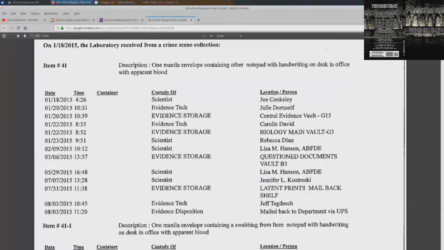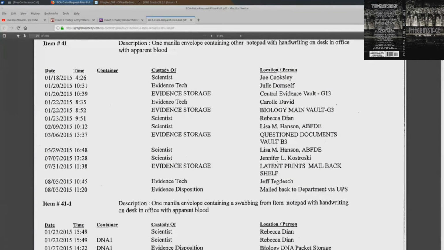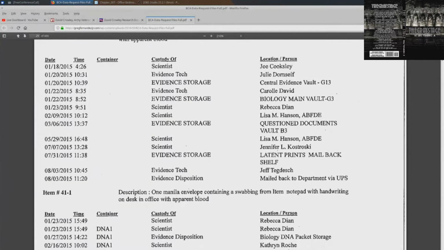It shows who got what and when, and when everything was put back. So by this, we can get some really good times and dates as to when everything was tested, and where it moved from the BCA into the testing. For whatever reason, they decided not to do any handwriting comparisons, which does bother me a lot. I'm sure it bothers you both too. Yeah, it does. So that's page 29.